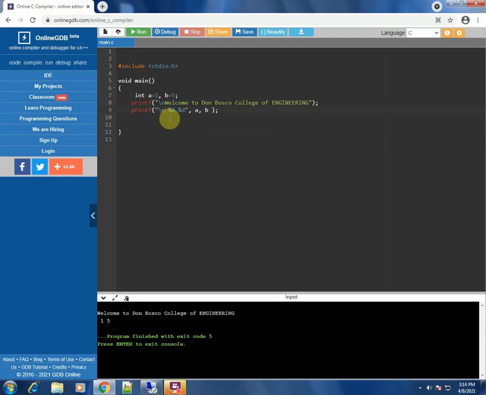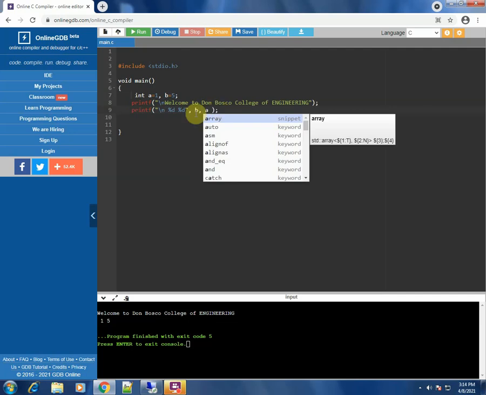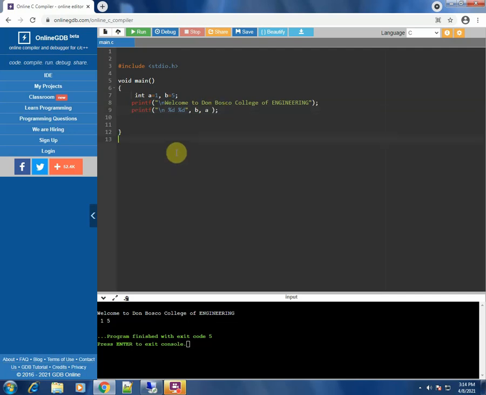The next thing to look into is that the values are printed as 1 and 5. Why is it 1 and 5? Because A has a value of 1 and B has a value of 5. It can be the other way around also. I can print B first and then print A. That is also allowed; you can change the order of printing.